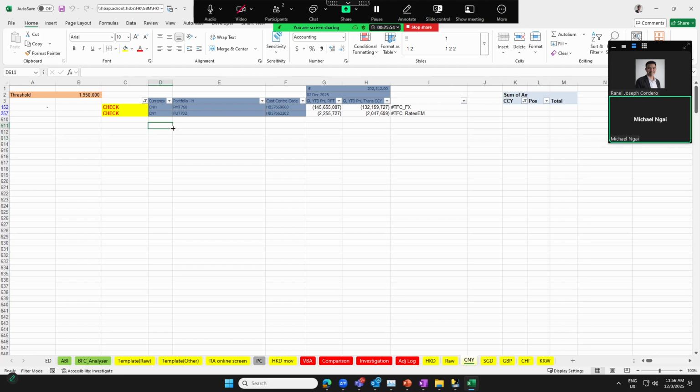For PMT in CNY, you don't need to include the team in column I. So you can delete the TFC FX in column I for the BMT portfolio. Yes, just delete it, remove it. Like this? Yep.